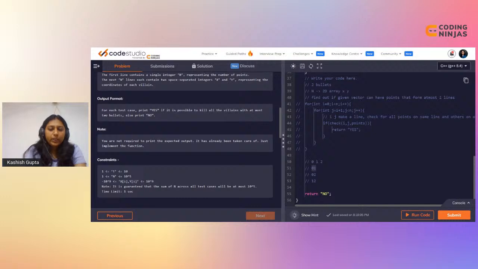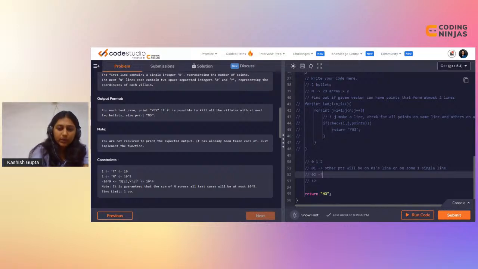So if 0 and 1 lie on the same line, and we know the answer should be yes, meaning we are assuming only two lines form, then the other points will be on 0 1's line or on some one single line. Then yes will be returned. If 0 and 1 are not on the same line and we want yes to be returned, then that will be